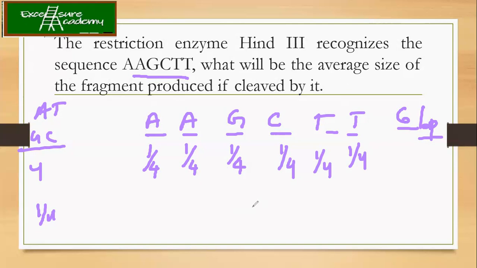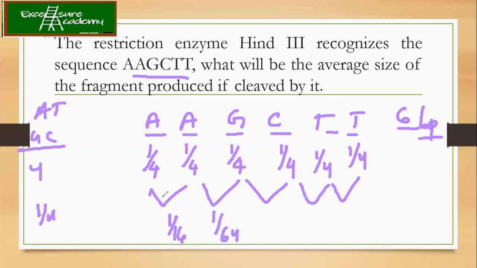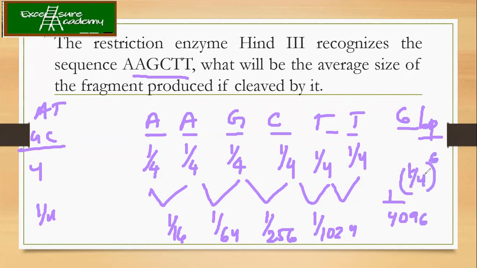What we need to understand here is that you need to get this particular sequence in order for the enzyme to recognize it and make a cut. Now how are you going to calculate the probability? It is going to be the multiplication of all these. So we know that it is 1/4, then 1/16, that is 4 into 4, 16, 16 into 4, 64. Then again you are going to get 256, then 1024. And finally, what you get is 1 upon 4096. Or in short, it is (1/4) to the power 6.